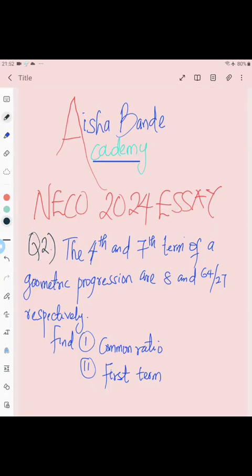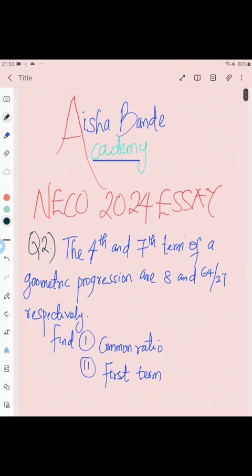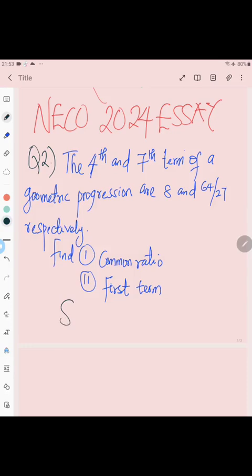So we are going to continue with a series of NECO 2024 essay questions. Today we shall be looking at question number 2, which reads: the fourth and the seventh term of a geometric progression are 8 and 64 over 27, respectively. We are asked to find the first, the common ratio, and the second, the first term. So we're going to solve, and after solving the question, we shall also explain the marking scheme according to the examination body. So solving,